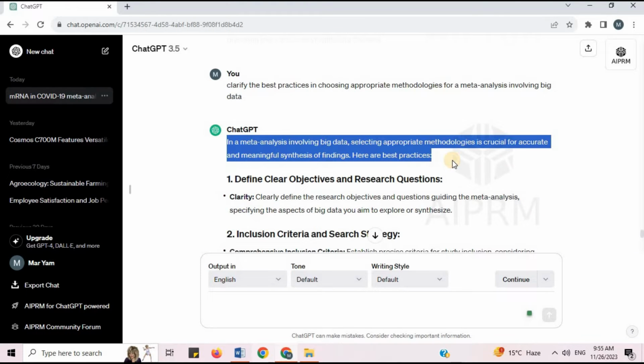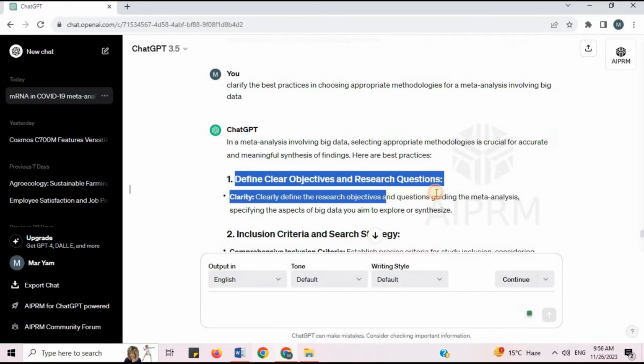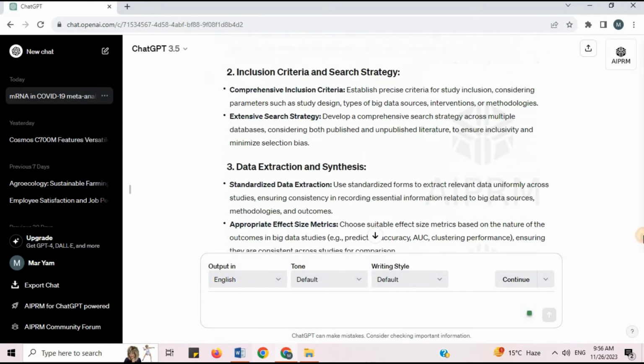In a meta-analysis involving big data, selecting appropriate strategies is important for accurate and meaningful synthesis of findings. Here are best practices, like define clear objectives and research questions, inclusion criteria and search strategies, data extraction and synthesis,